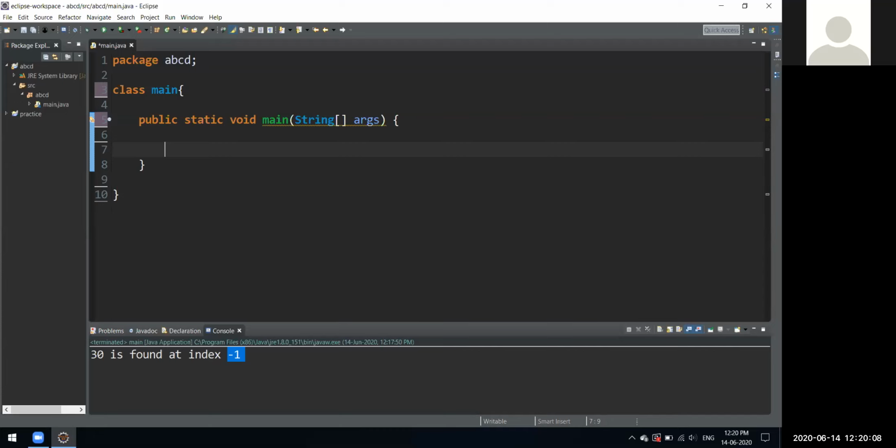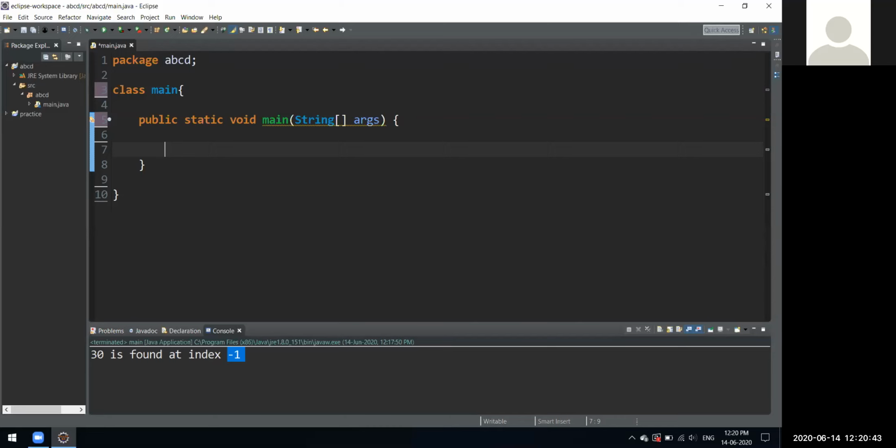Binary search is used to find a key from multiple elements, and it is faster than linear search. In case of binary search, the array must be in ascending order. So we could first sort the array in ascending order, and after that fire up a binary search. We'll see how to perform the sorting operations, but for now, let's just give it a sorted array and try performing binary search on it.